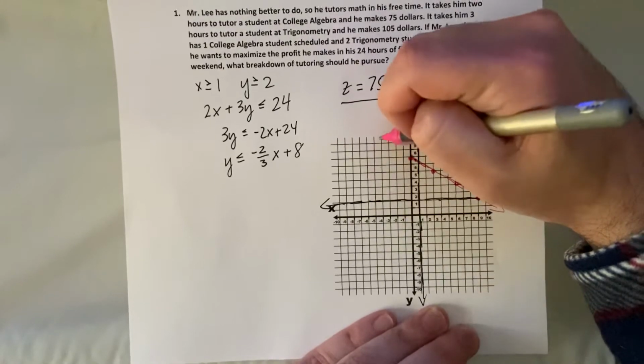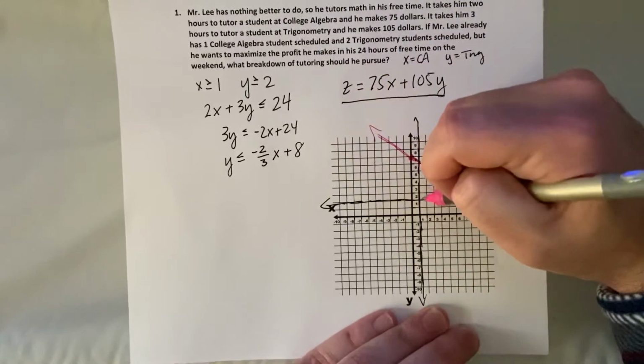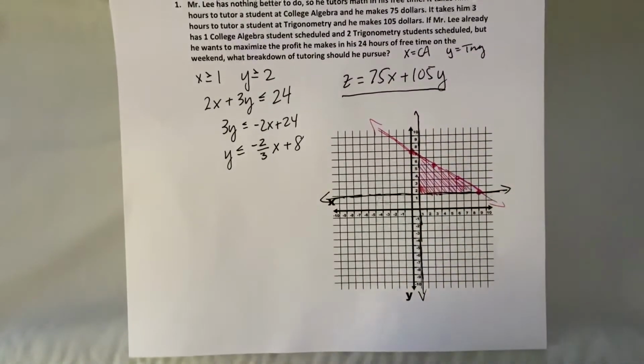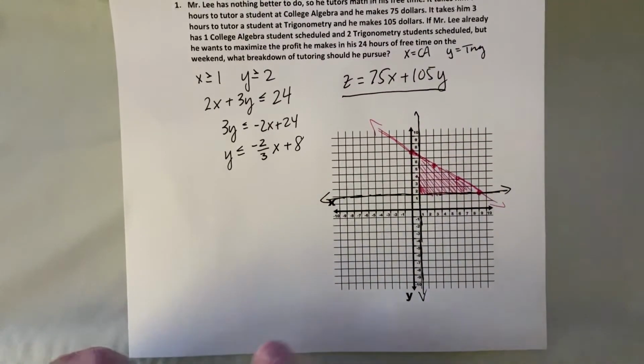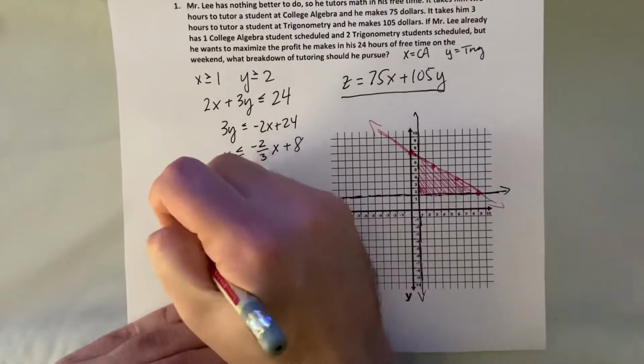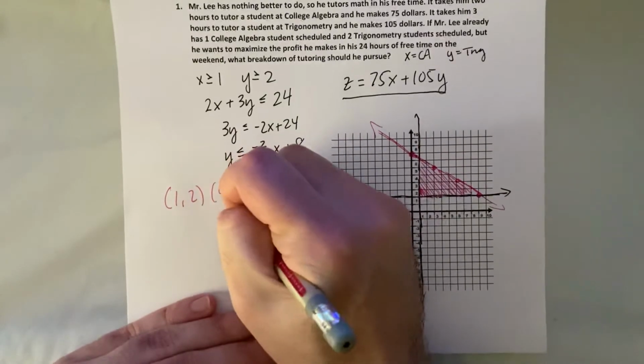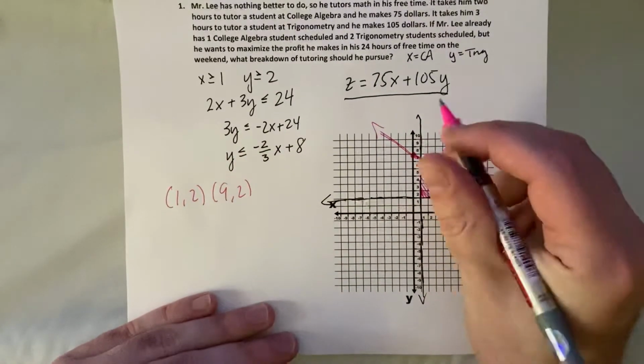And this is a less than equation, so this is our feasible region. So what are my vertices here? I've got 1, 2. Down here, I've got, it looks like 9, 2. And I've got,